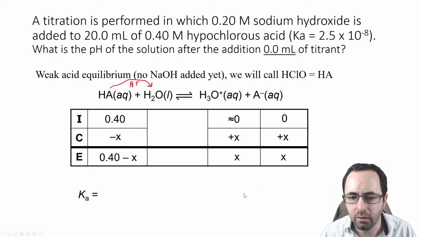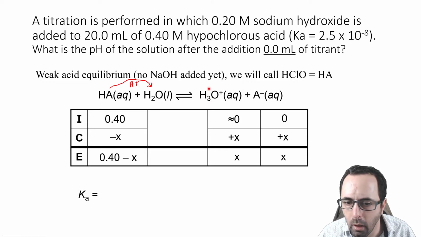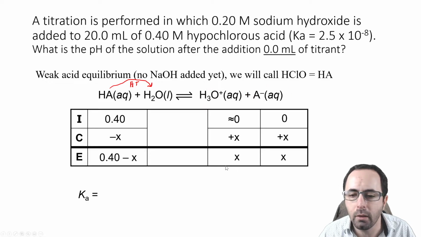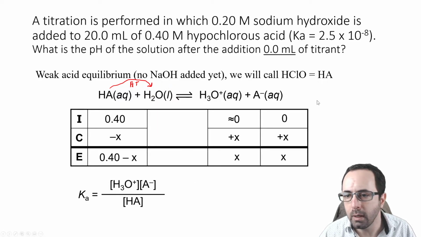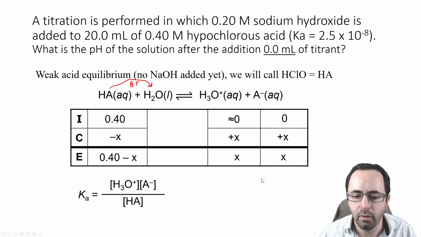So the Ka expression here is our hydronium concentration and our anion concentration multiplied on top. And on the bottom is going to be our weak acid HA concentration, and we don't include water, it's a pure liquid. And so that is going to be equal to 2.5 times 10 to the minus